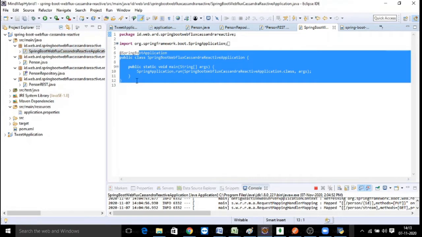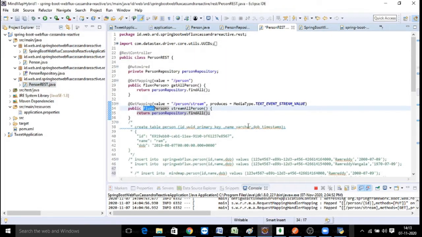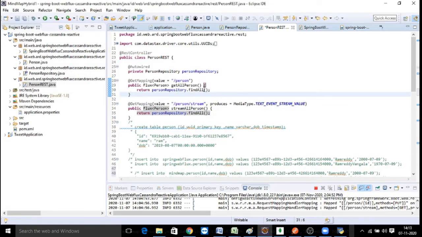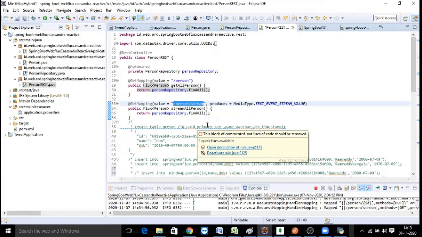Then the Spring Boot bootstrap application to start your project. And finally, the important thing is your controller, where we are going to perform all the operations. The very first operation is to load all the person details, and as it is going to return a list of values, we are going to use Flux. At the same time, when you want to get all the person details stream based, as we were discussing in reactive programming, reactive streams always perform event based streaming operations.